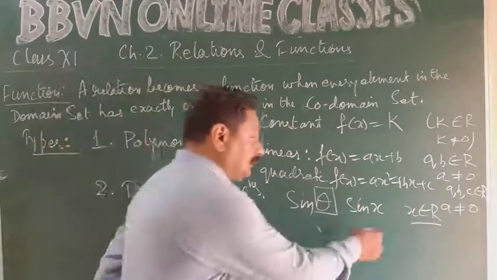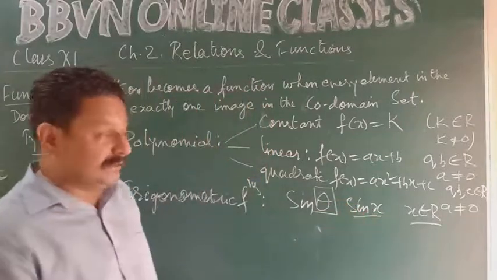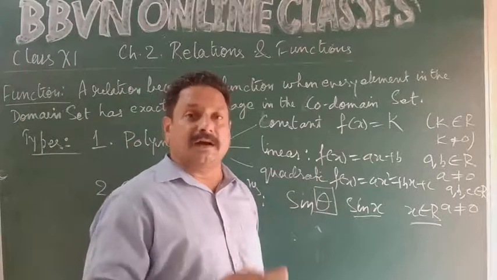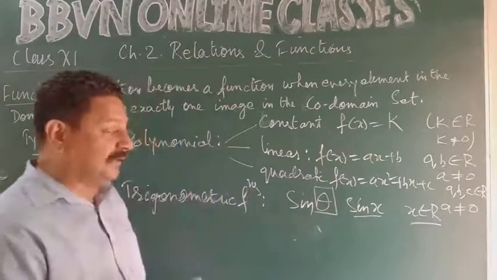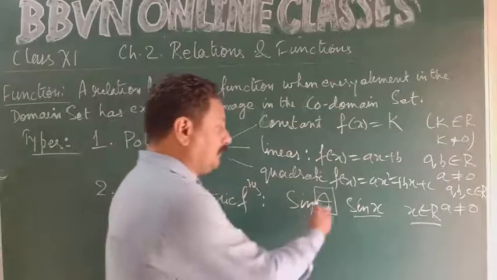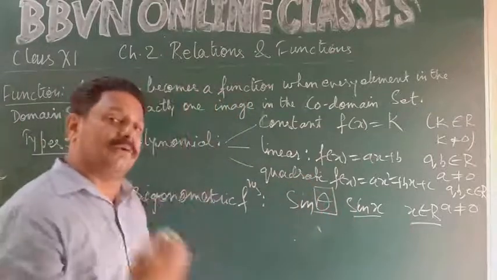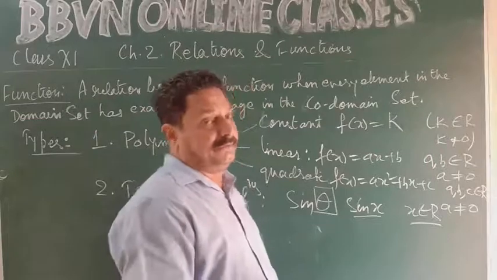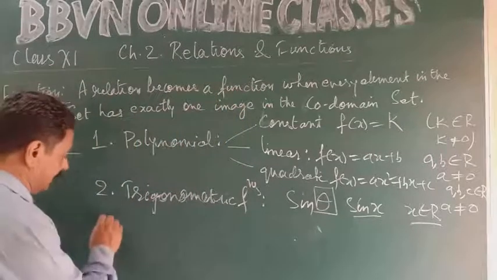So now this is a trigonometric function, because to be a function it needs to have a variable. Unless there is a variable, you cannot call it a function. So f of x equal to sin x, f of x equal to cos x, f of x equal to tan x, and so on. These are trigonometric functions. Next you have